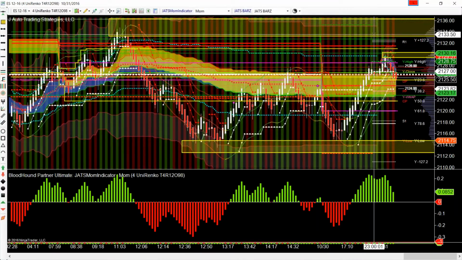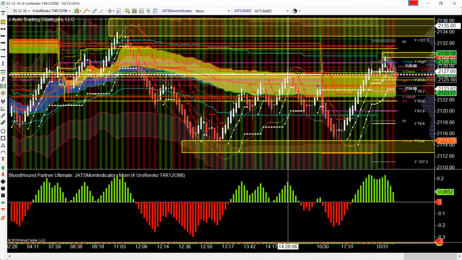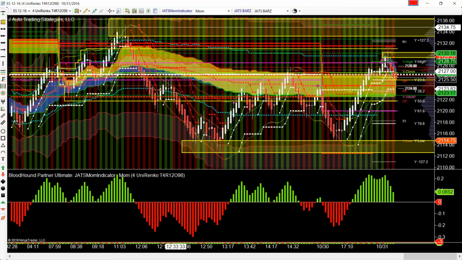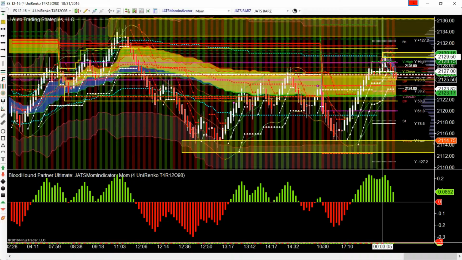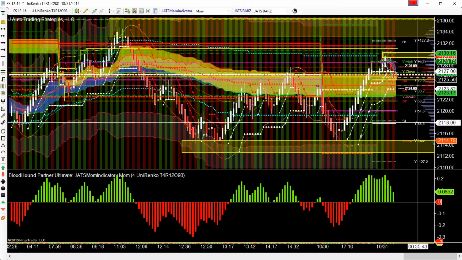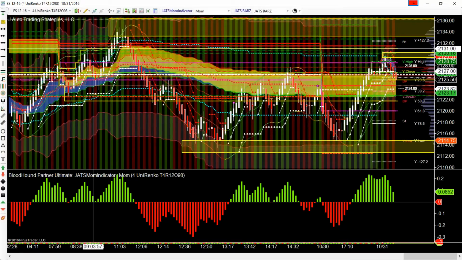Here's your upper bounce box on the high the other day. That was Friday's high, way back over here at 2134, 2135.25. So we're going to be testing the PPOC and the upper VWAP deviation, and this prior initial balance high, but just definitely expect a range and some volatility